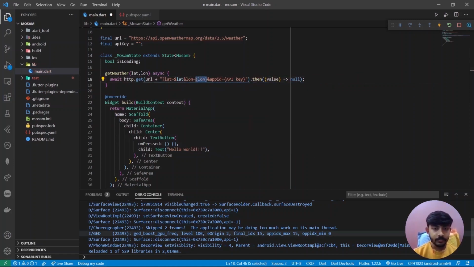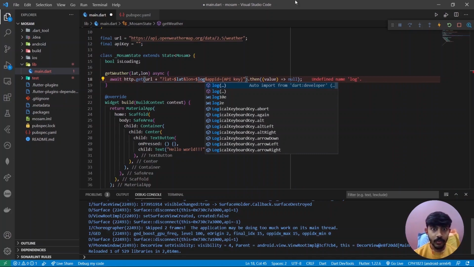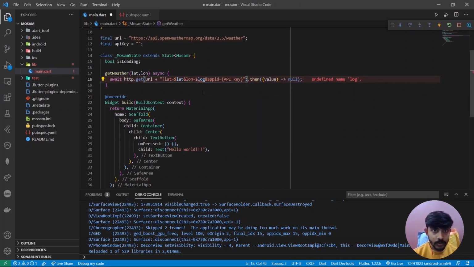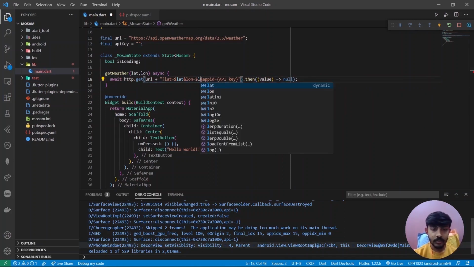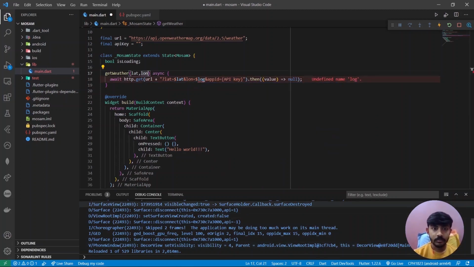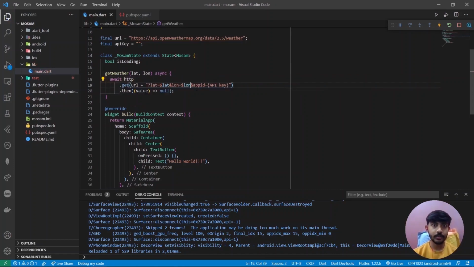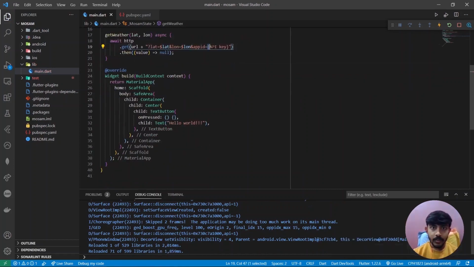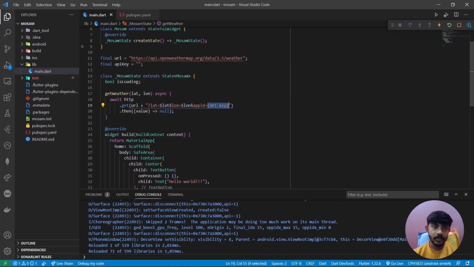Okay. Oh, all right, so it's showing an error. Sorry. But no error should be there, I think. Okay. Now it's looking like log, so I must convert it into long. Okay, now longitude and latitude. Now done. And we have one more argument over here, which needs to be provided to this OpenWeather